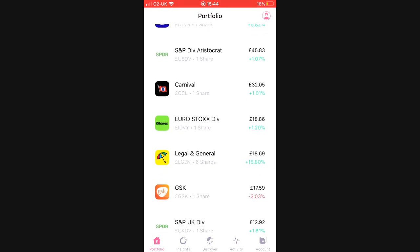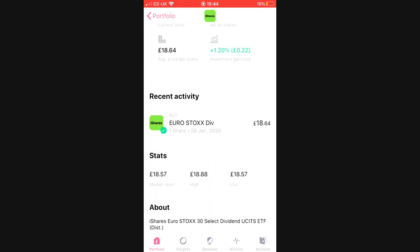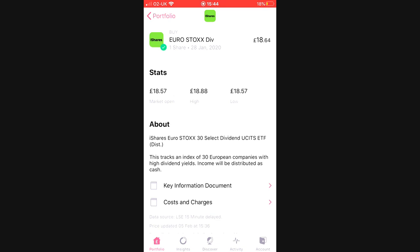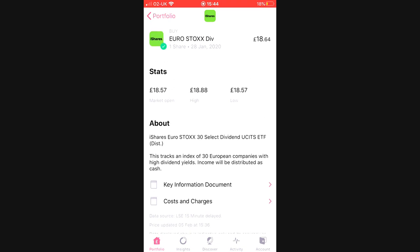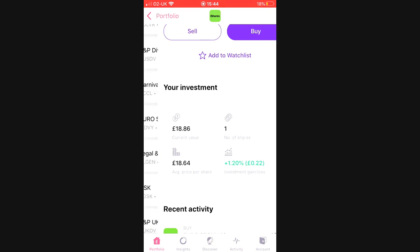Next up is the Euro Stocks High Dividend ETF. So these are high dividend payers in the European stock markets, 30 companies paying the highest yields. This averages about 4% yield, so that's actually pretty good and pretty high, and I'm currently sitting 22p up, having